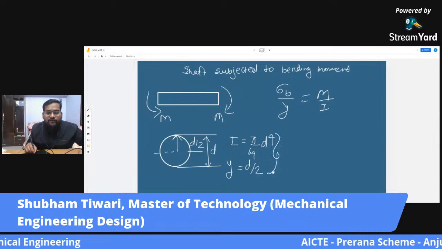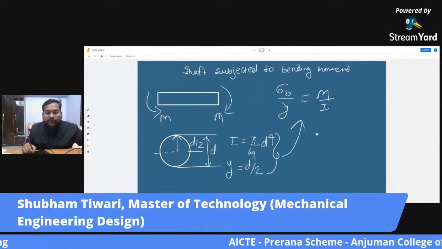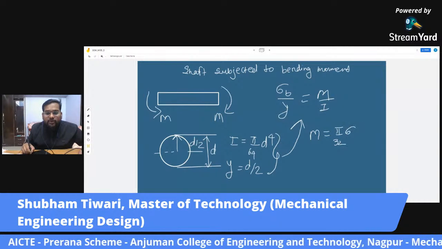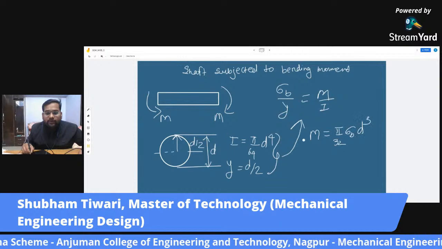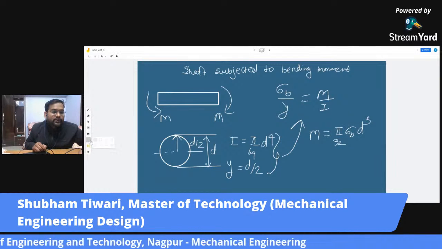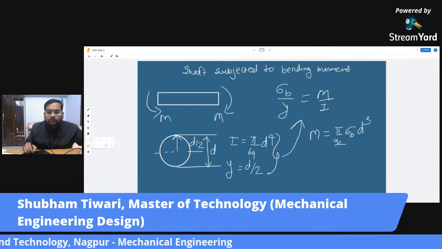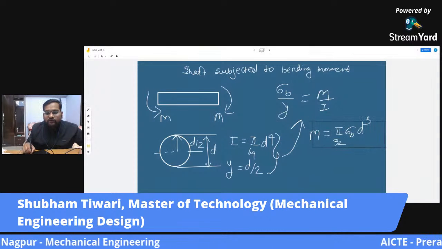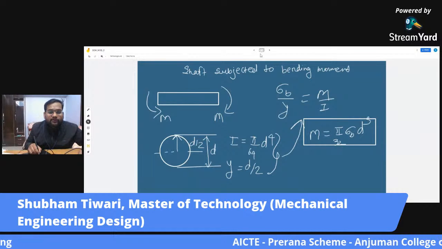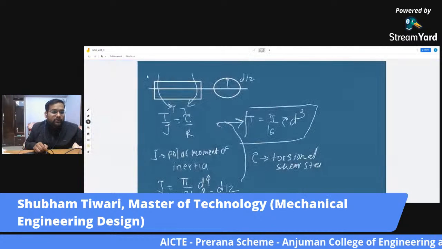Putting these two values in this equation, the bending moment is given by pi by 32 sigma b into d cube. So this equation is for when the shaft is subjected to bending moment only, and when the shaft is subjected to twisting moment only,